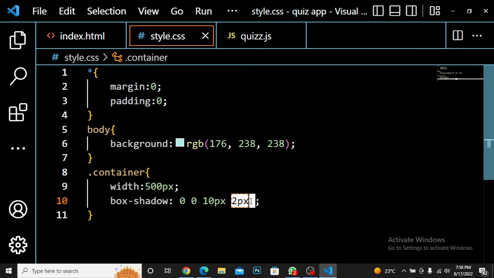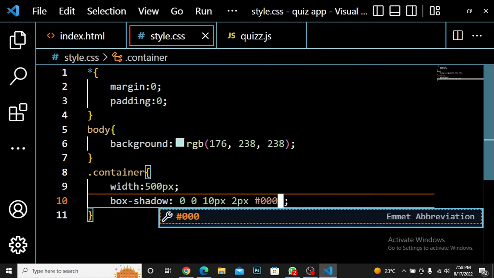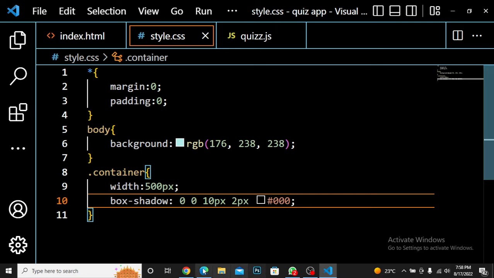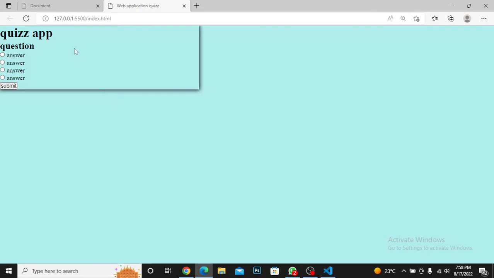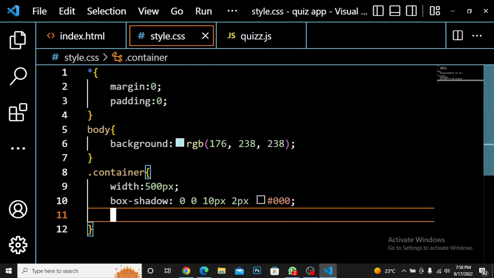And this is just the thickness. And I'm going to say that, okay, let it be black, right? You can see that. Very nice. And I want to put it at the center, right? I can say that, okay,